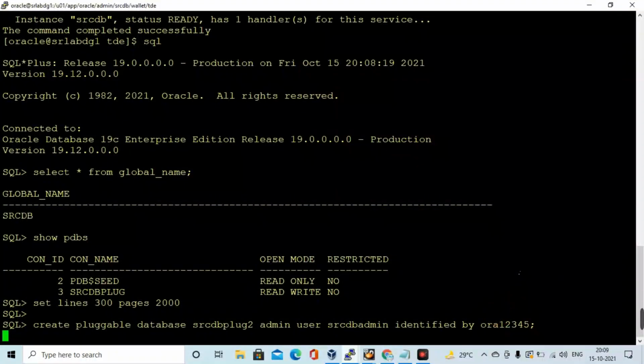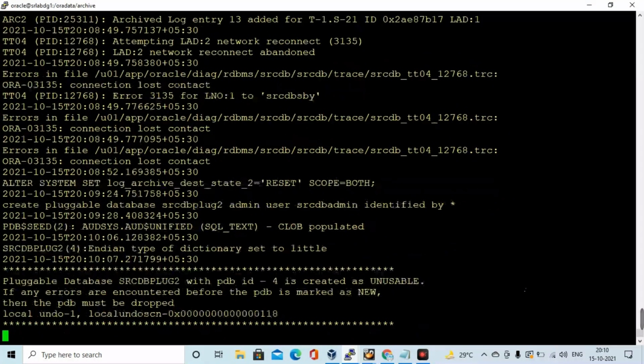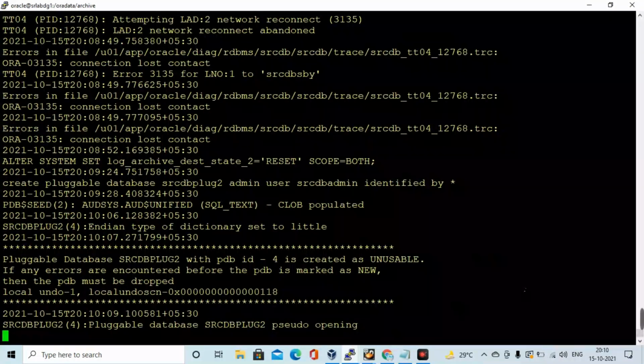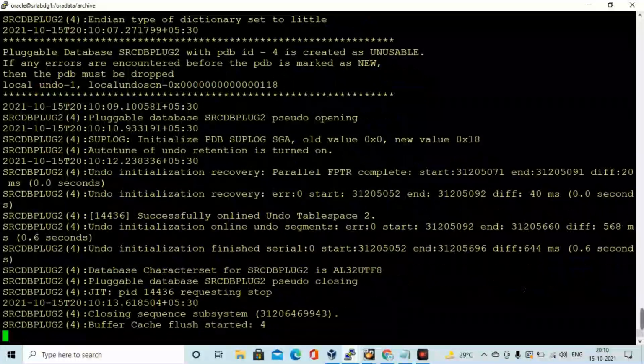I am creating another pluggable database in that source database. Okay, let's see. The pluggable database srcdb plug 2 is being created.